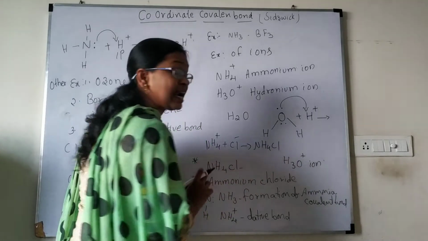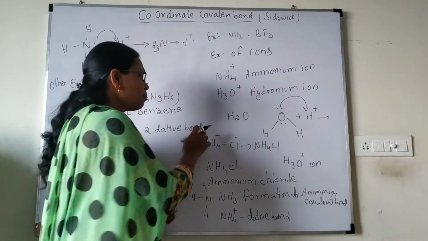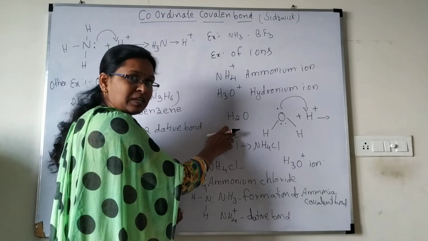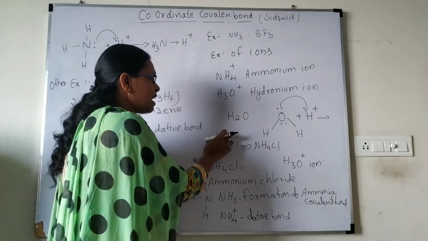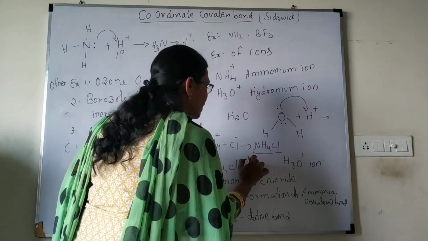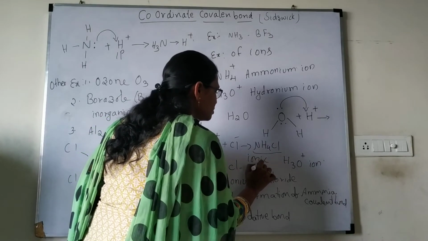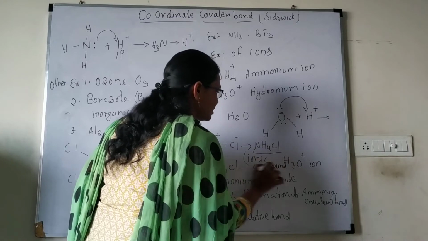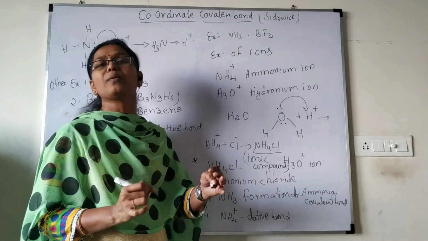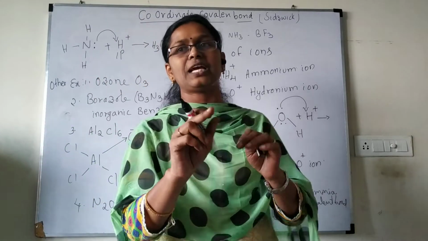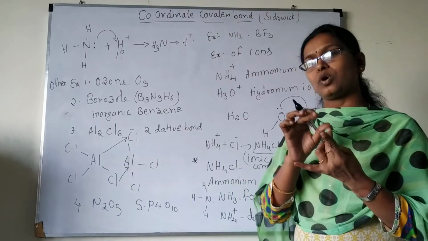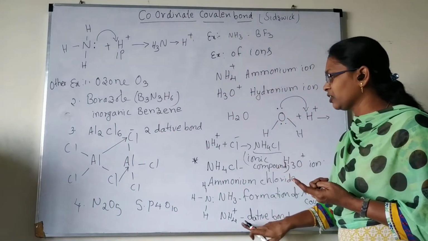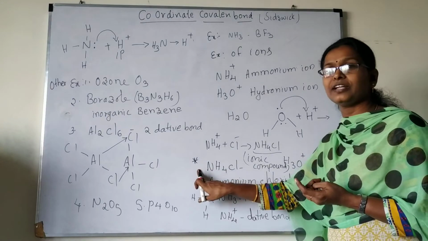This is an electrostatic force of attraction between the positive ion and the negative ion, like cation and anion. So together it is forming an ionic compound. Okay, so especially at the competitive level they may ask like this. The only compound which is exhibiting all 3 types of bonds, ionic bond, covalent bond and even dative bond, all 3, this one you should definitely remember.